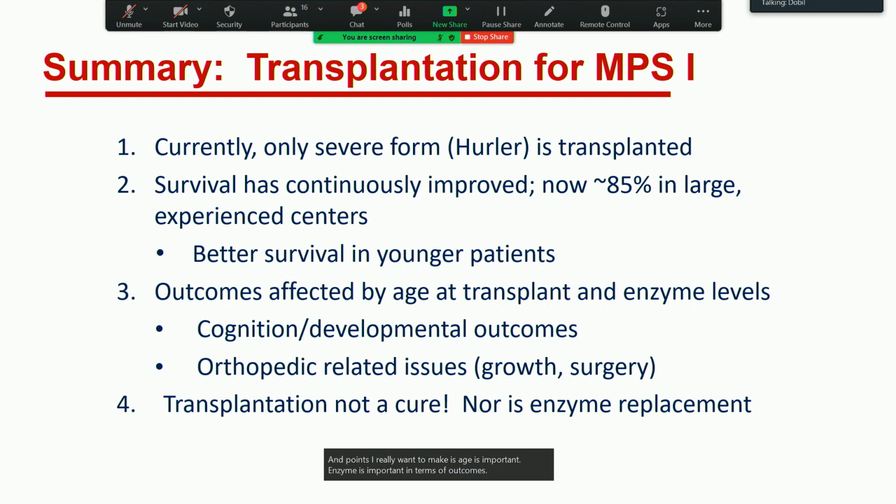So just to wrap up what we were talking about in terms of transplant for MPS I, it's primarily the Hurler kids that we transplant, not the attenuated population. Survival has gotten better, and the large centers that tend to publish their outcomes report 85 to 90% survival now. And not to besmirch my other transplant colleagues, but